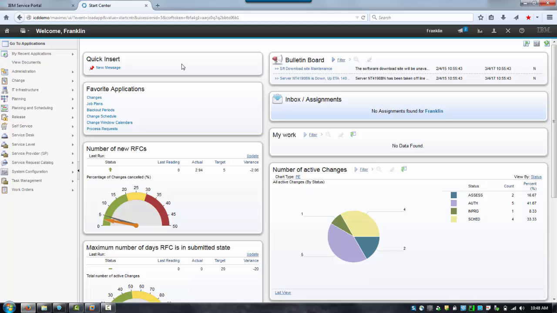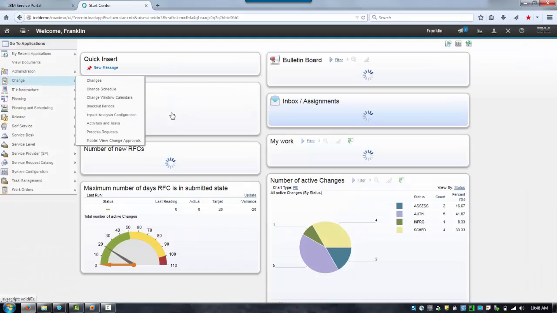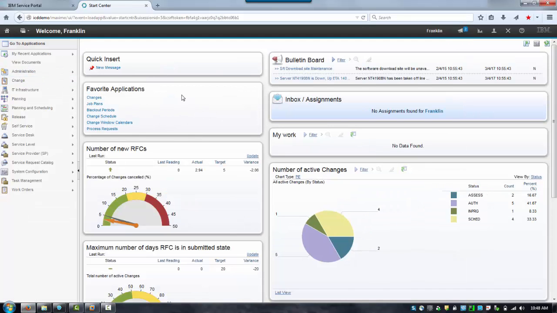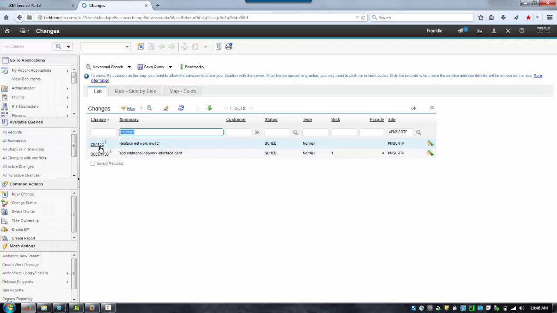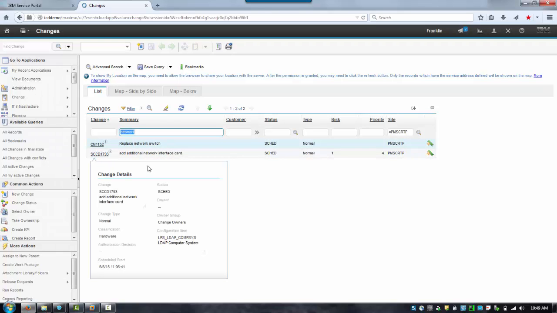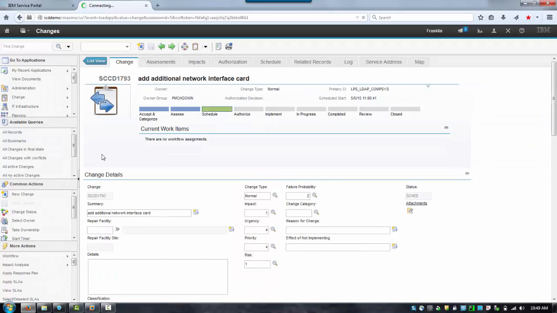IBM Control Desk supports 12 ITIL processes, so I'm actually in the change management one. I'm on a landing page called the Start Center, which is where Franklin would do most of his activities. And from here, we can go into a change application. I can do a search from the previous view in the HTML5 viewer. You noticed probably that there was a network issue. So if we search on network, we can see that we have a schedule to add an additional network interface card. So we will look at the change request there,